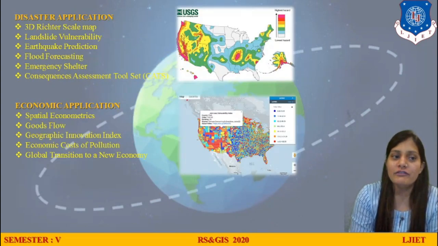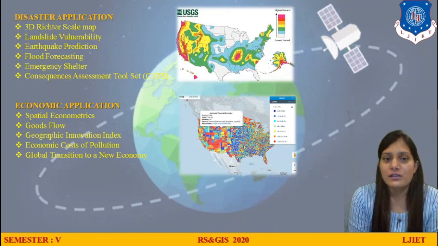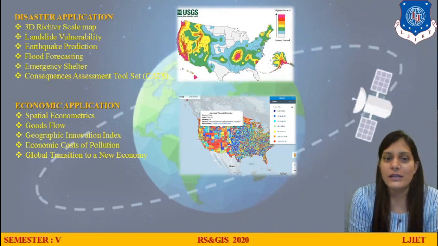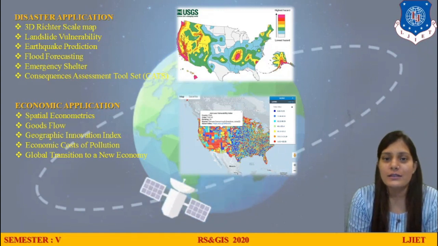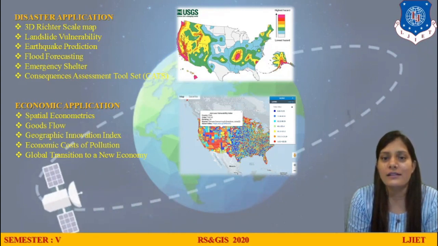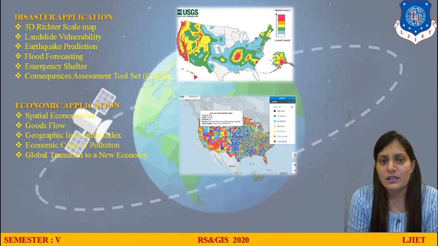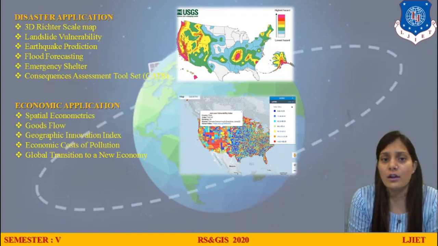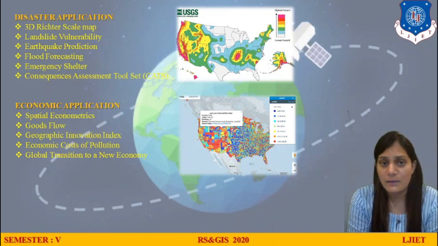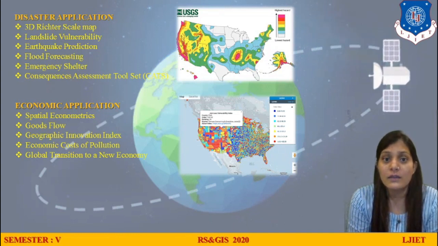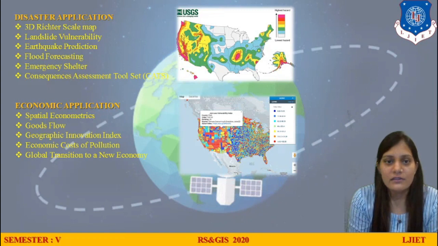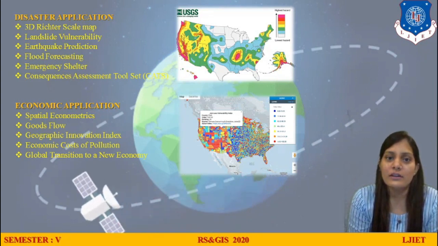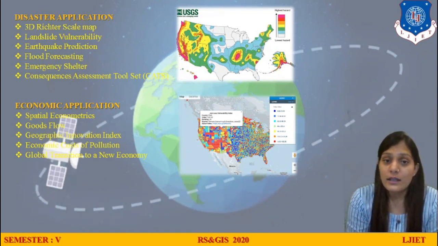Now moving further, you know the disaster applications. There are many disaster applications. You can see the map I have just shown, from the lower to the higher regions, you can see the colors showing where the low hazard is and where the high hazard is. Disaster management is generally about an earthquake, a flood, a tsunami, any type of disaster, which we can predict and model, right? We do not have an earthquake or tsunami very frequently, but yes, we can model that.